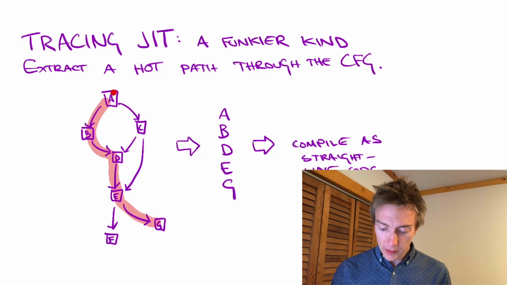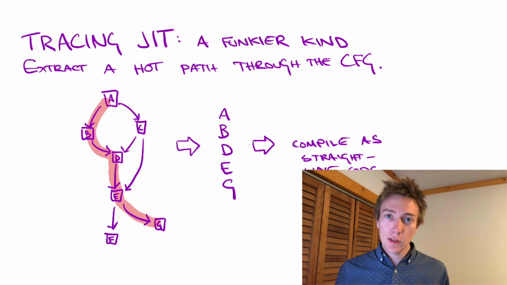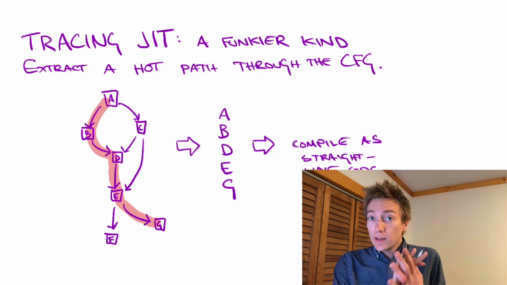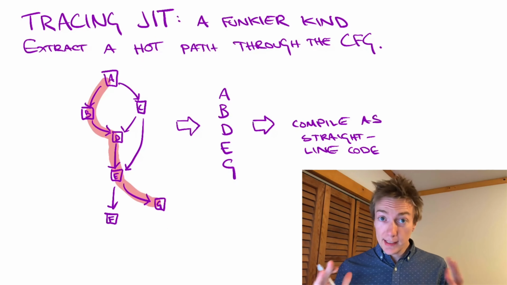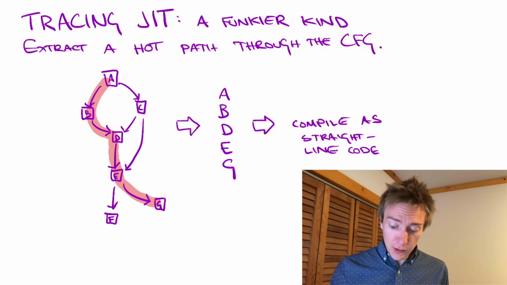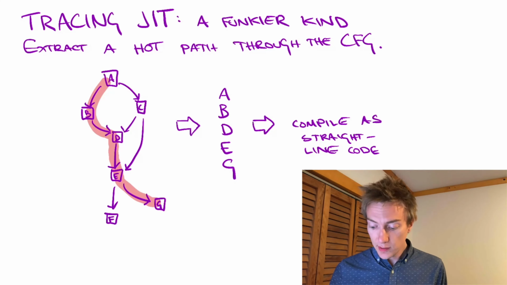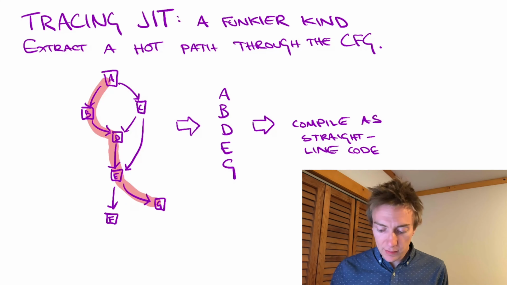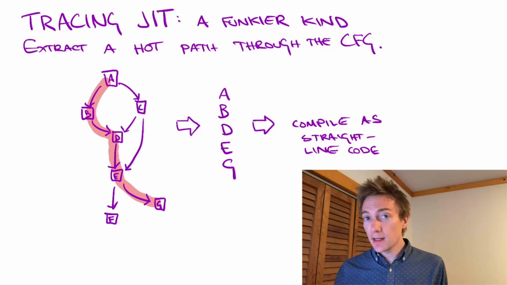So we'll string together the code from A and then B and then D and then E and then G and create this straight line program that just consists of the instructions that actually executed, with no branching whatsoever. Then we compile that code as ordinary straight line code with no branches. Which means that in the future, when we start this function, we start at A, under certain assumptions, we can just execute this blazing fast branch-free path that captures the behavior that we saw the last time this function